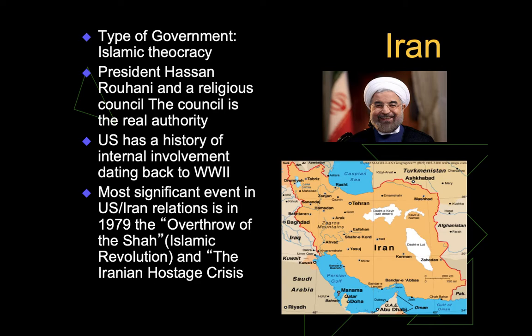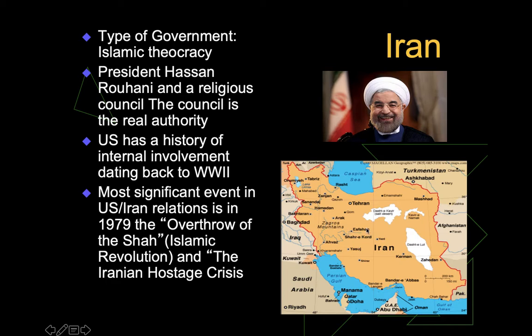U.S. has a long relationship with Iran, going all the way back to World War II. They have held a strategic position, significant at that time because to the north of Iran during World War II would be the nation of the Soviet Union. And of course, the United States was allied with the Soviet Union, trying to give them assistance against the Nazis. And our interest in Iran began because we wanted to make sure that this region was under Allied control.